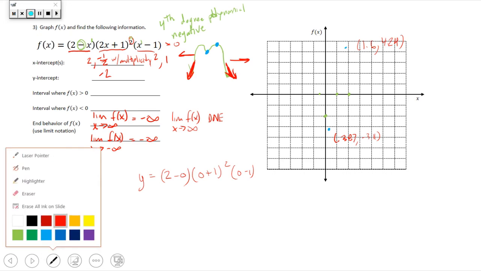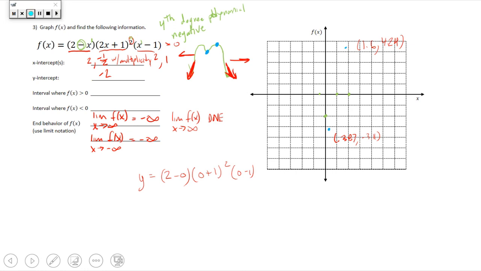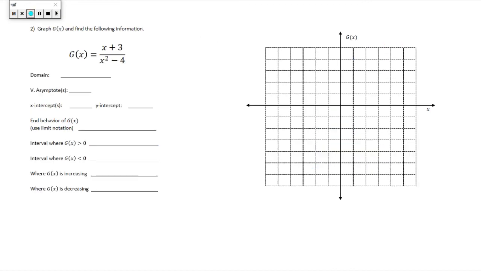Okay, so then if we wanted to graph this, again, we know it's going to do this kind of behavior. So we'll start down at the bottom, and it's going to come up, and it's going to bounce off the x-axis right there. It's going to cross the y-axis right there. That has a minimum, so it's going to hit there. It's going to go through that x-intercept, hit that maximum, through that x-intercept, and then it's down the rest of the way. So that would be the graph of that function,